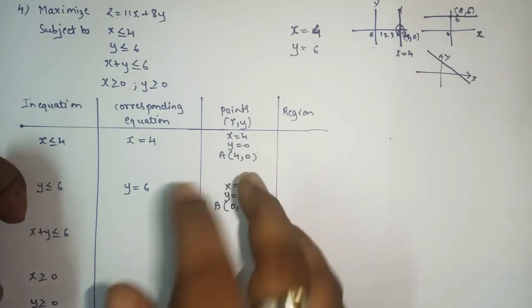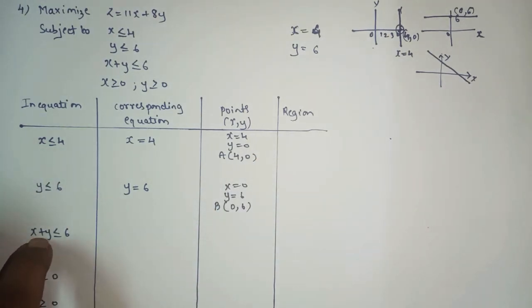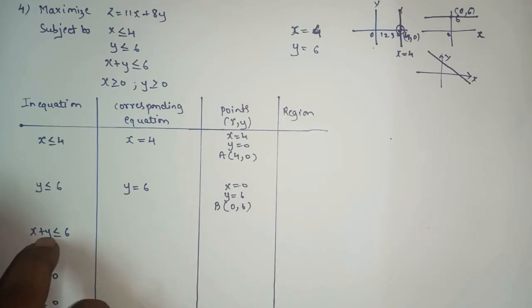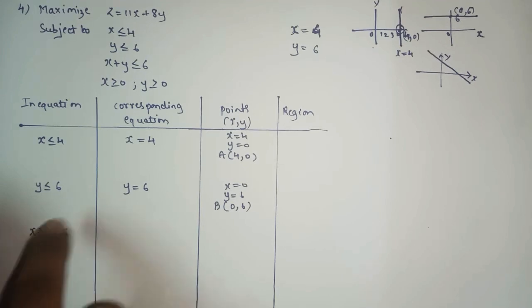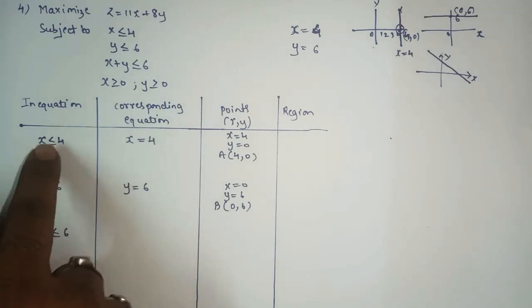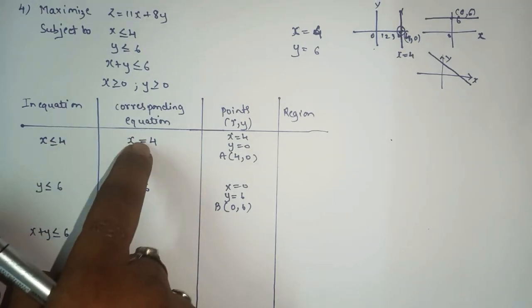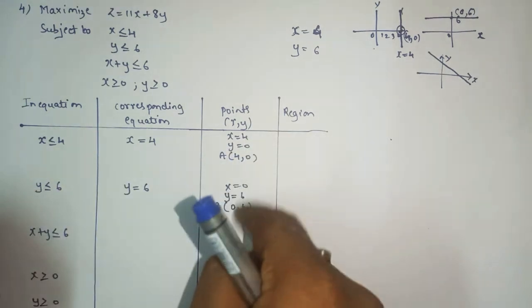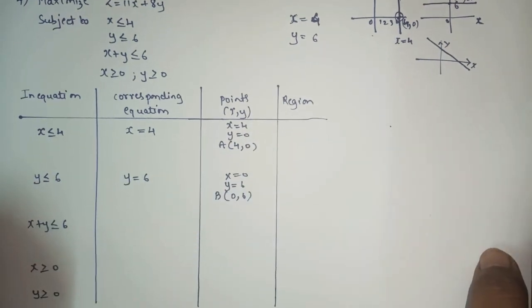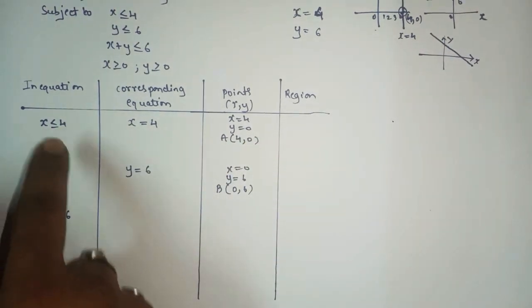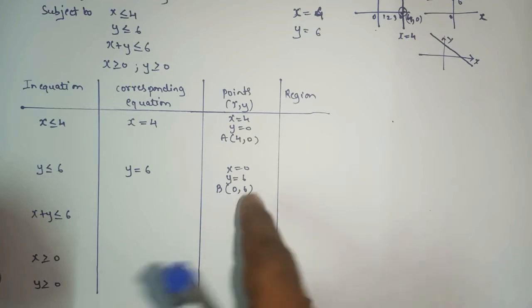Okay, as we know, for a linear equation in two variables, what exactly do we have to do? First you replace the value of x by 0 and you will get y, then replace y by 0 and you will get x. Whenever you have a linear equation in one variable, straight away, if the value of x is 4, y will be 0. If the value of y is 6, then x will be 0. So here we got the 2 points. For a linear equation with one variable you get only one point. When you have two variables you will get 2 points.